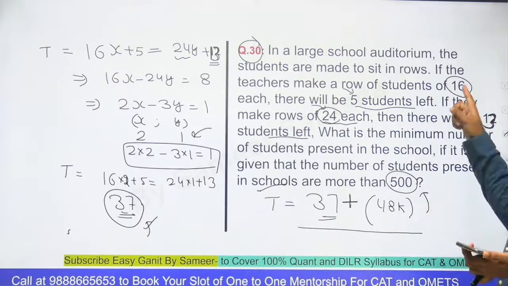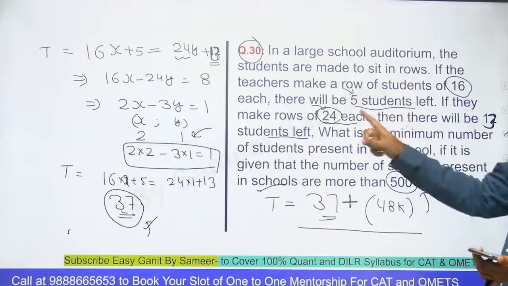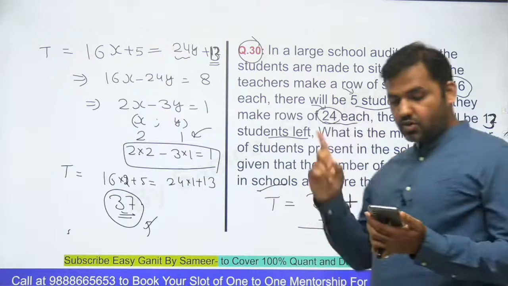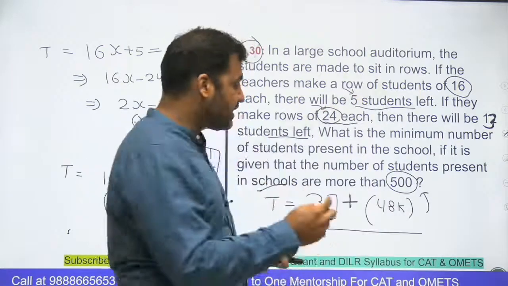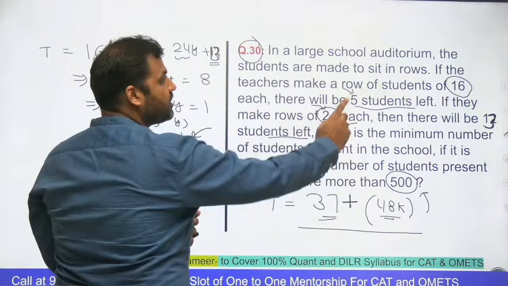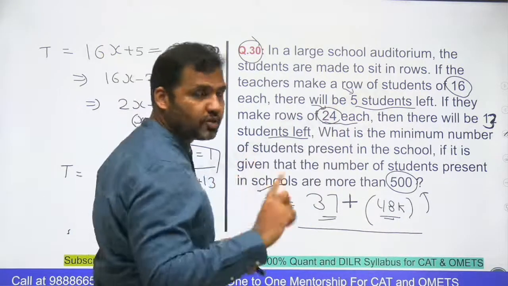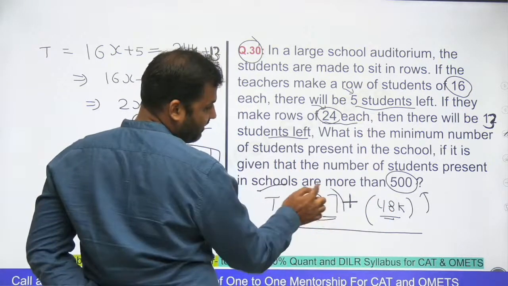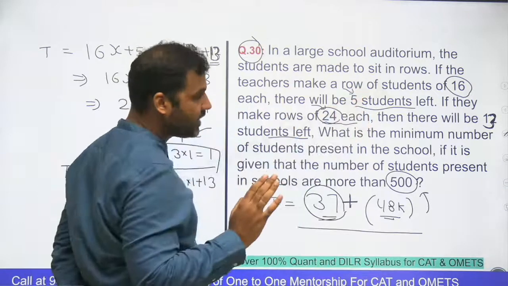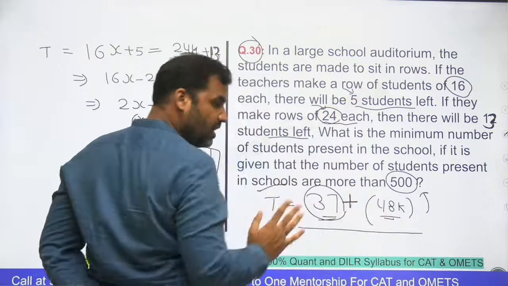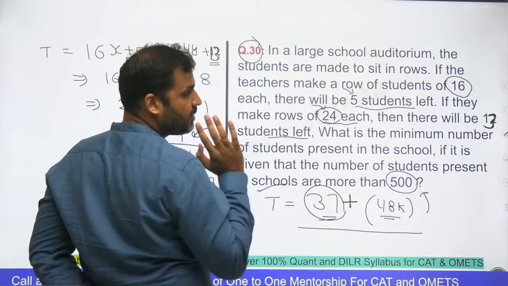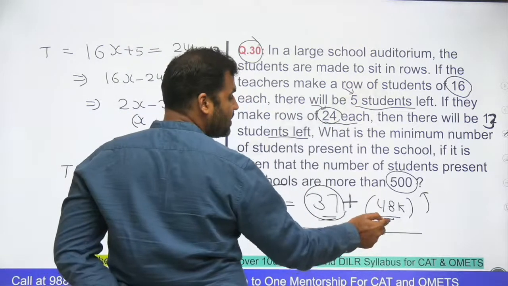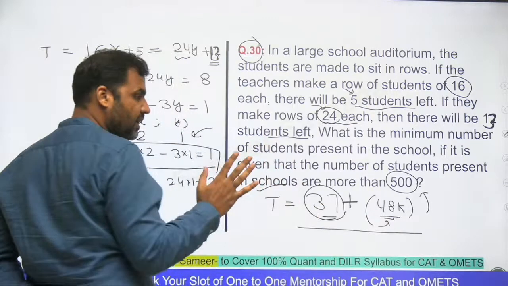If I divide it by 16, the remainder should be 5. If I divide by 24, remainder should be 13. You see that पहला ऐसा number 37 है जो दोनों को satisfy कर रहा है. So I just need to add a number जो 16 और 24 से divide होके दोनों से 0 का remainder दे. क्योंकि ये नंबर 0 का रिमाइंडर देगा तो ये नंबर 5 का रिमाइंडर दे देगा. दैट मींस पहली कंडीशन सेटिस्फाई रहेगी. और ये नंबर 24 से भी डिवाइड होकर 0 का रिमाइंडर देगा तो ये नंबर 13 दे देगा तो सेकंड कंडीशन भी सेटिस्फाई रहेगी. सो इफ आई ऐड अ नंबर व्हिच इज अ मल्टीपल ऑफ 48 टू दिस नंबर, राइट, दिस